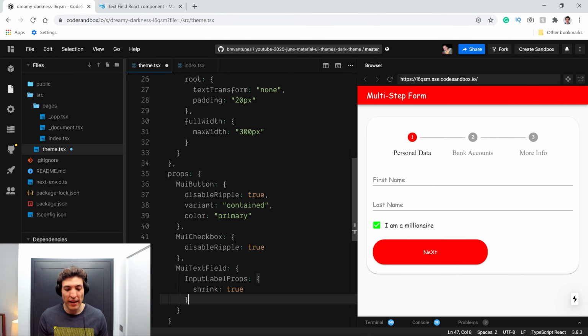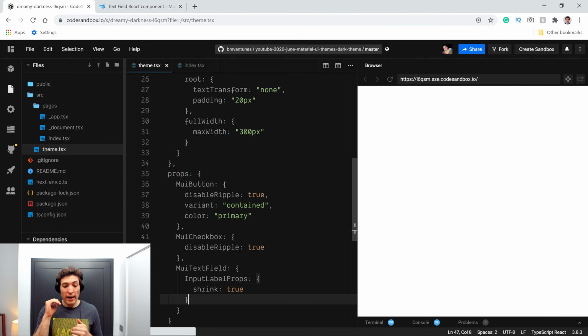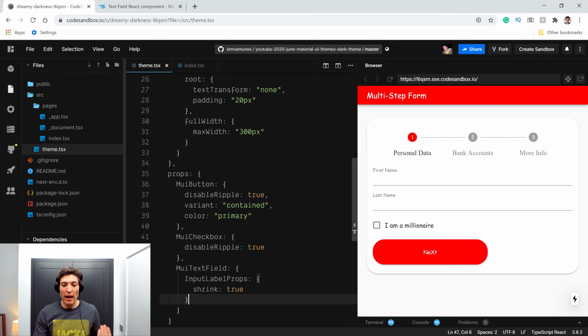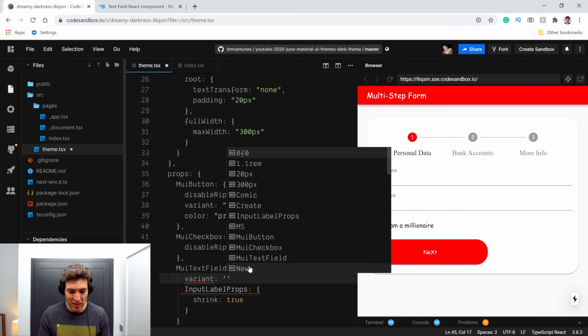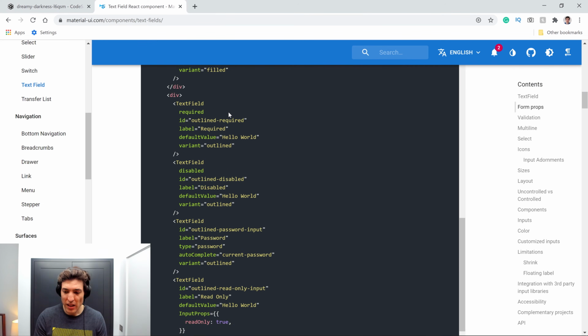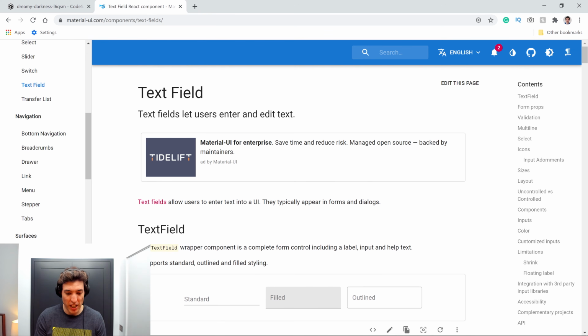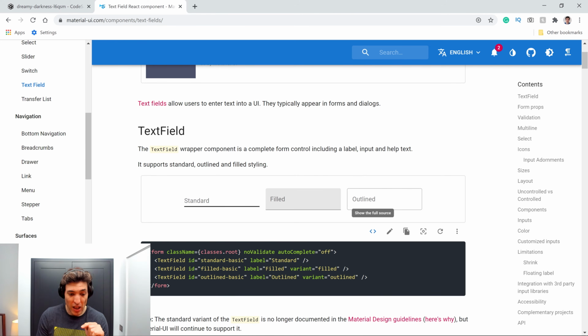So when you click and save that one, you will see that my text fields by default will start expanded, and there is no animation for it to expand and collapse. This alone sometimes is enough to sell Material UI to your UX designers and everybody else. If not, you can just come over here and type one of the variants, right? And say that you want a variant. And in the variant, you have, if I'm not mistaken, 3 variants. We can see it over here, the variants at the top of the page in Material. So you have the standard, you have the filled, and you have the outlined.